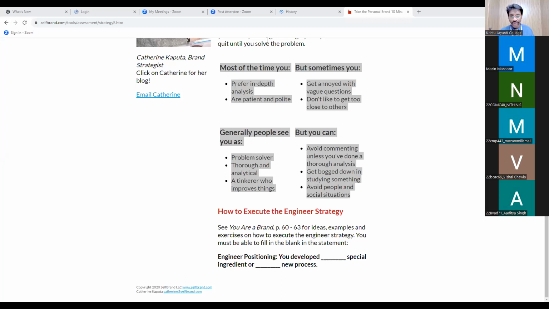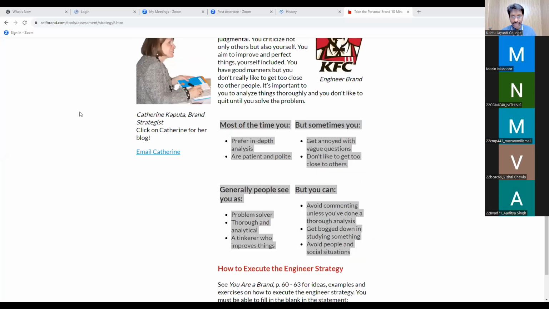People, when you see this one, are you able to get it that yes, I am the same, or do you feel that there is too much of a difference in what you see and what you are? How many of you feel that, sir, it is showing exactly what I am? So I'll just quickly run a poll here. What you need to answer is